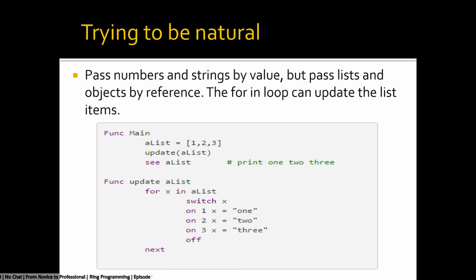I like the SQL nod for X in, so X being our iterator, in a list, which is 1, 2, 3, switch X on 1, X equal 1, on 2,